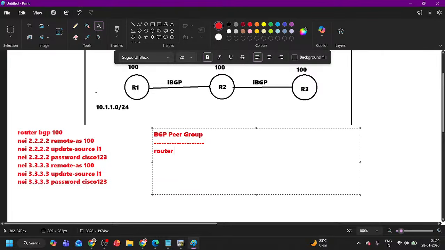Now see how I am configuring R1. This is one configuration and this is another configuration. Router BGP AS number 100, and here I am going to say neighbor, and the name of the neighbor group is, let's say, IBGP. This is nothing but a name. You can configure any name. This is the name of my peer group. Neighbor IBGP peer-group, and I will apply all the commands with this peer group. Now I am going to say neighbor IBGP